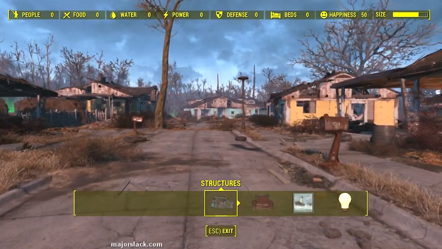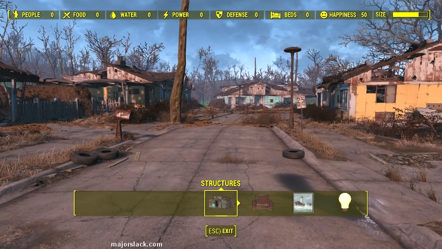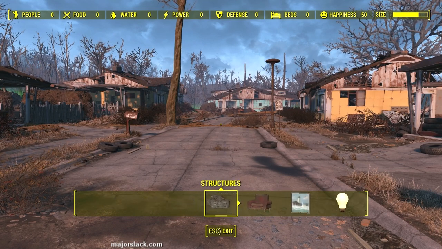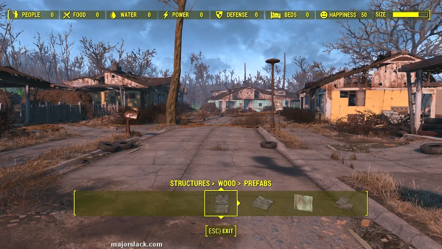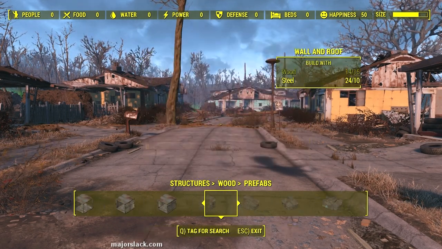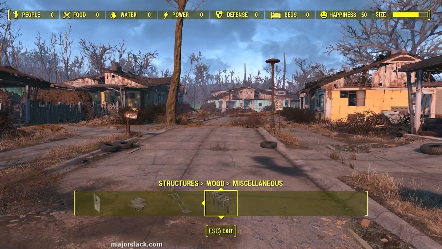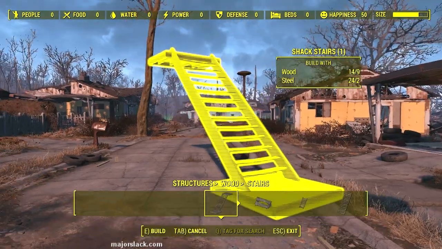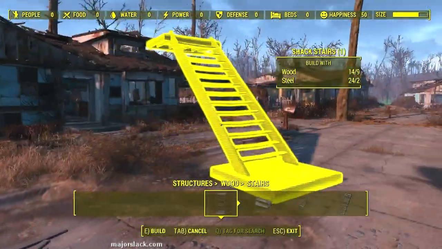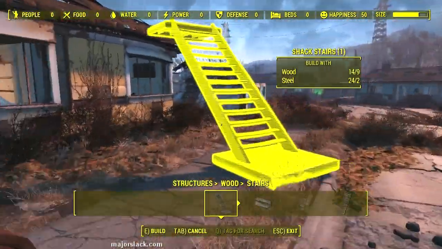Workshop mode provides you with two basic functions: build or scrap. To build something, all you have to do is scroll through the wide array of items here. There's tons of stuff. I'm not going to go through all this now. And find the item you want to build. For example, let's go with wood, prefabs. Stairs, right? Let's build some stairs. Where's my workshop house? Here's the workshop house. Yeah, let's build the stairs right